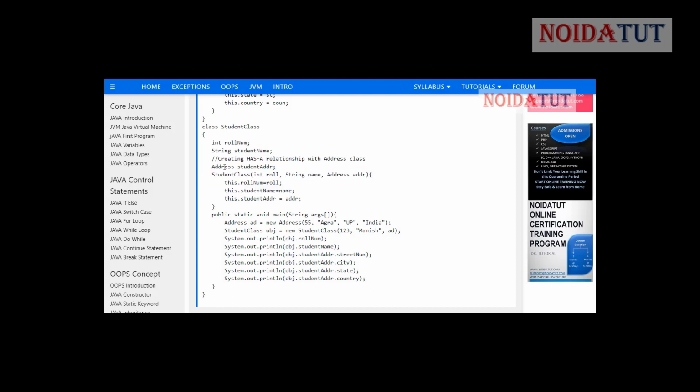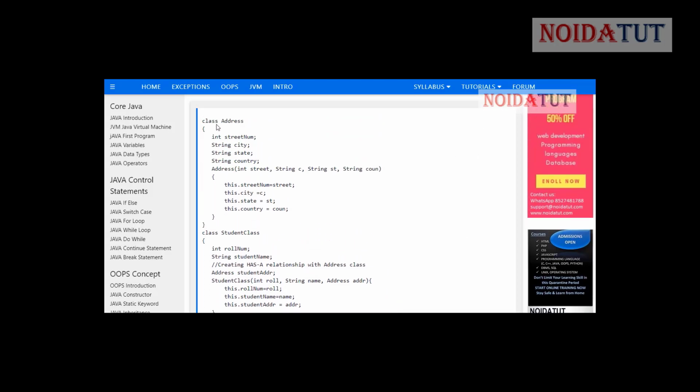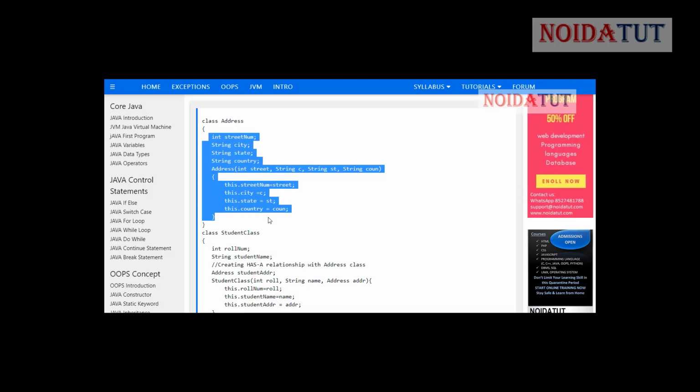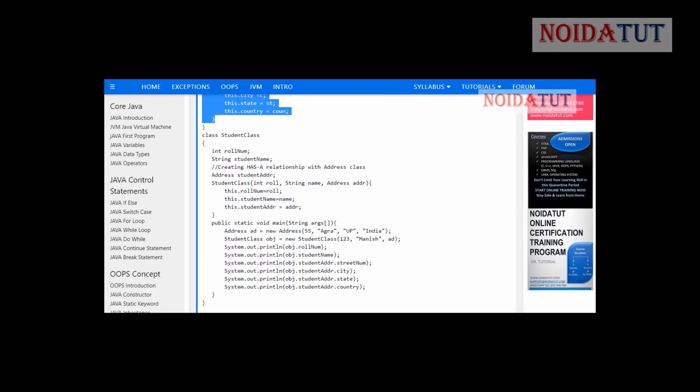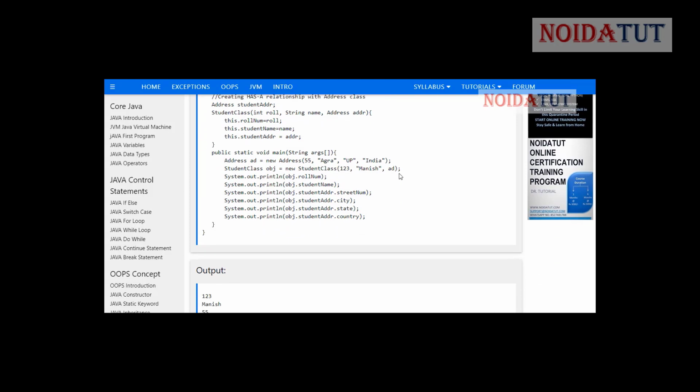Apart from this, you can see that we have another variable, address student ADR. Address is neither a function nor a variable. It is a class which has come from the previous section. So it is defining a complex data type. So student ADR has the following part in its section. So this comes under a complex data type which we have used over here.